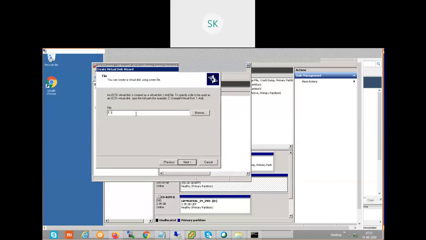The file name should end with .vhd. Only mention 10 GB LUN, or prod LUN. Remove that entire name and just mention prod LUN. Yes, prod LUN 1.